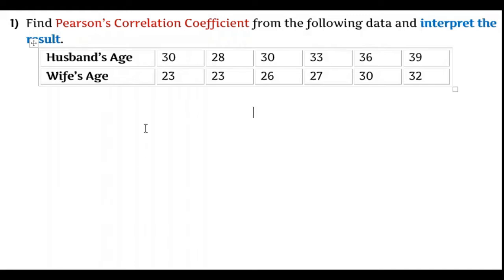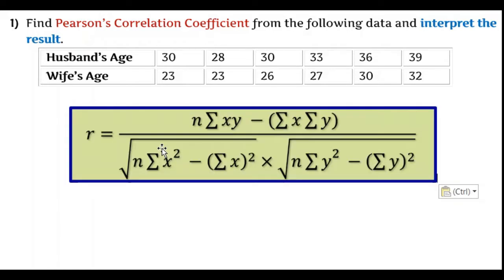Now I am proceeding towards the calculation. So here they have asked us to calculate Pearson's correlation coefficient. Karl Pearson's coefficient of correlation is based on this equation. If you see the equation, we have to calculate a few values here. First, in the numerator you can see the alphabet n. N stands for the number of observations. The number of observations here is 1, 2, 3, 4, 5, 6.